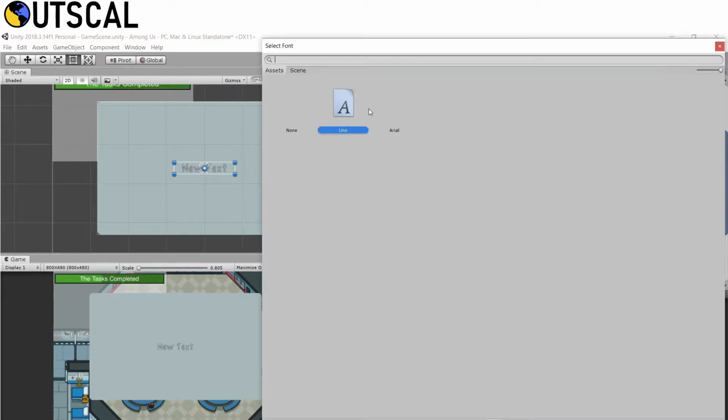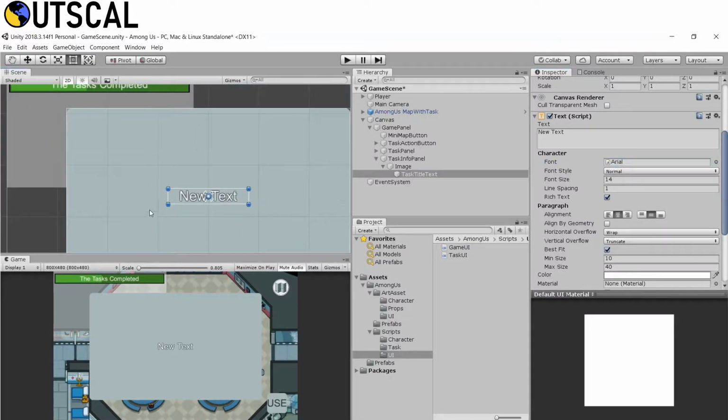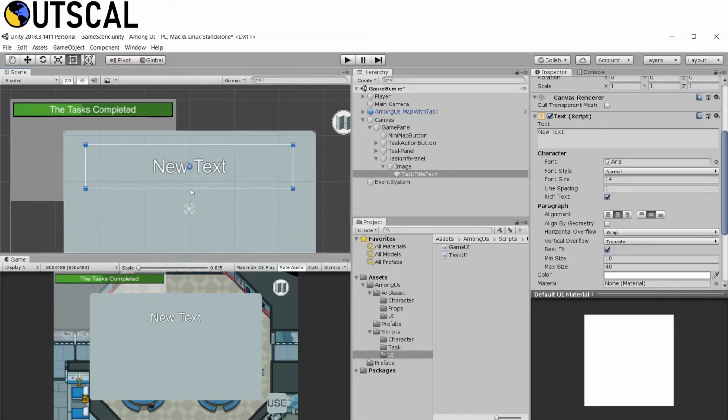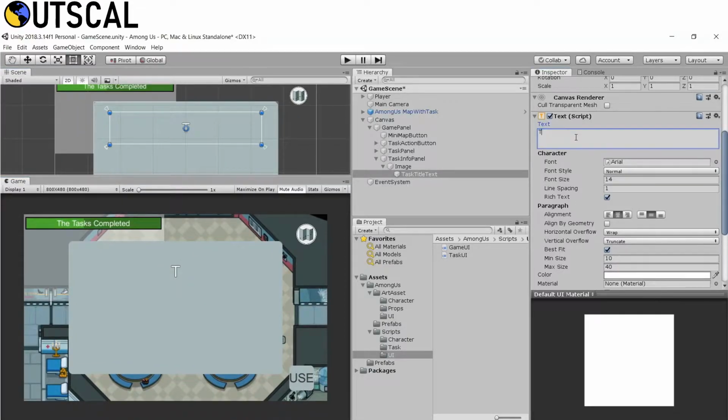Okay, this one is better. Okay, just arrange them in a proper way so that they look better. And I will call this the task title. So this will just show what the task area is and what our task is.